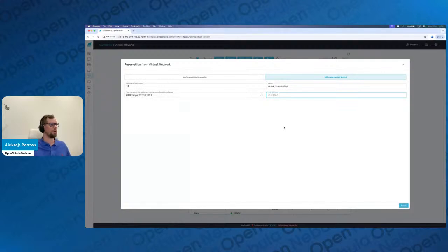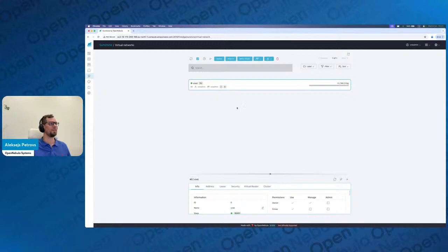So for example, it will be 172.16.112. Then 10 IP addresses starting from this IP address are going to get reserved. And this reservation will be created as a separate interface. And what's quite important, it will inherit all the settings, like the network driver, from its parent. So as soon as I hit accept,